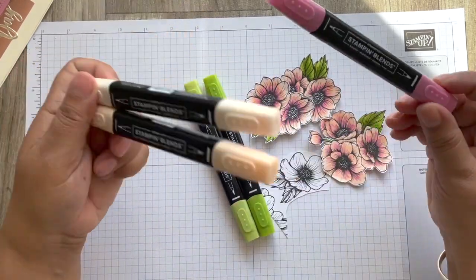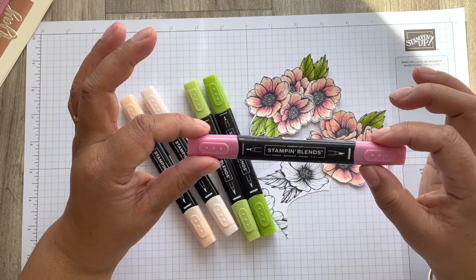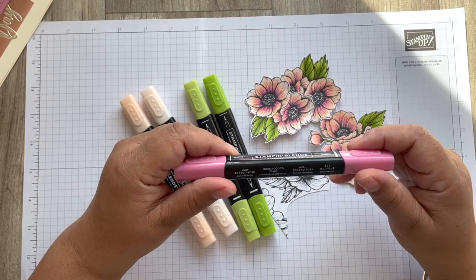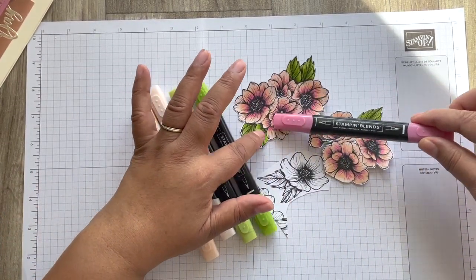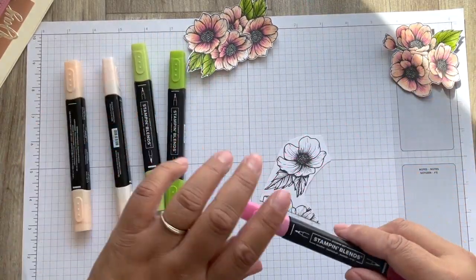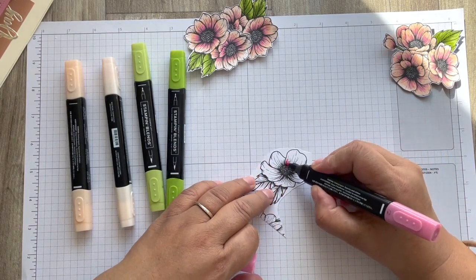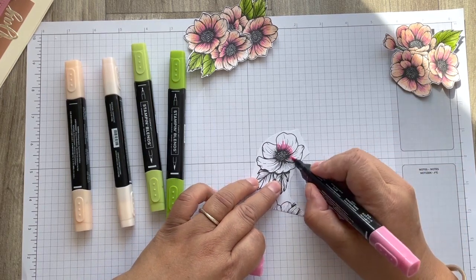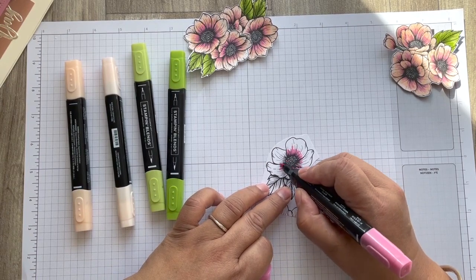They normally come in a light and dark, but at the time I bought this I only bought the light one. So I'm going to use that, and that creates the depth in the middle. I'm going to show you how it works, because I absolutely love these. And when you first look at it, you think that doesn't look that nice, but